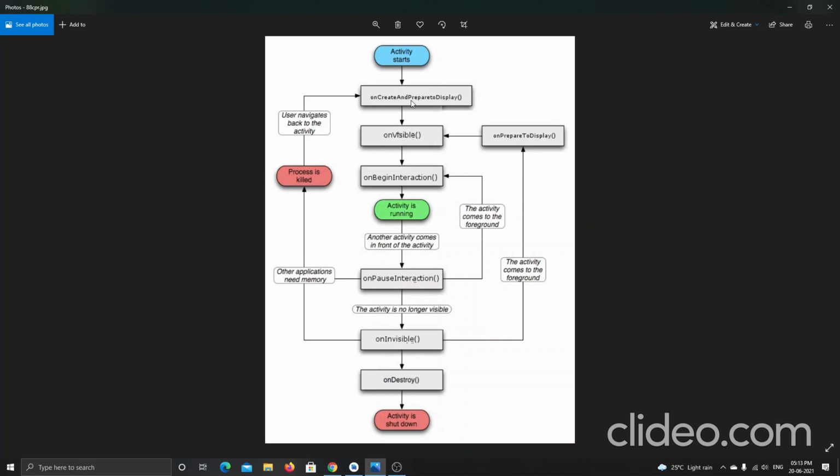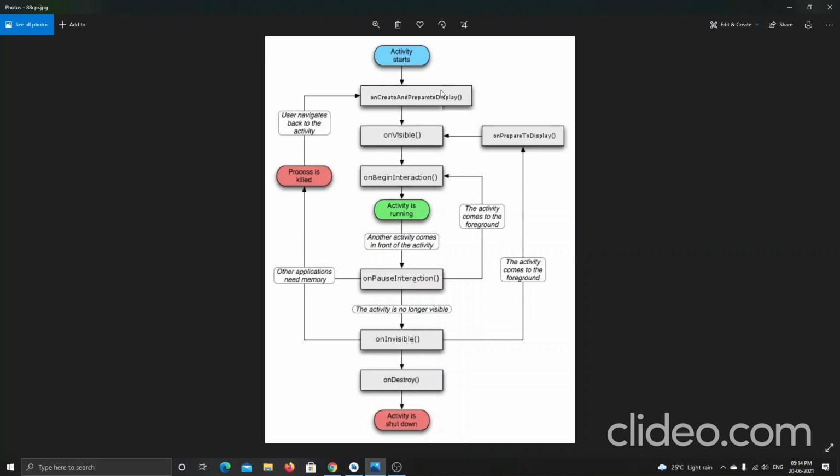When I start, the onCreate method is working. It just starts the application and prepares to display the things which are built inside the application. Then it goes into the onVisible method.